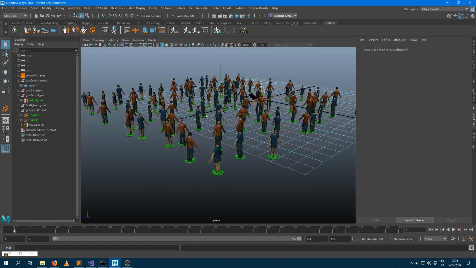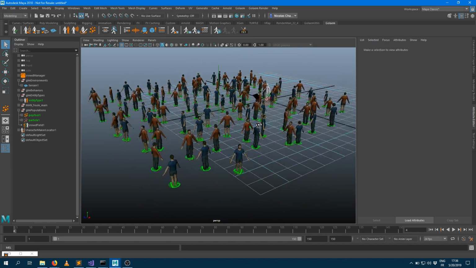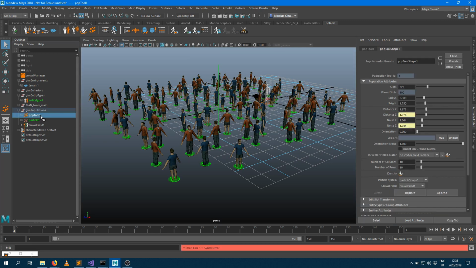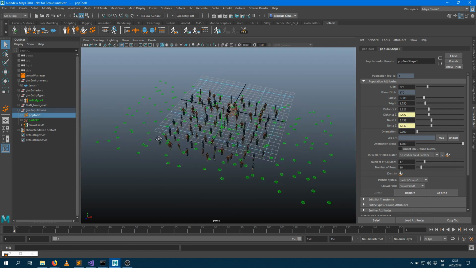that. By the way, let's say you want to change how many characters you will have in your scene. You can go back into your pop tool. Obviously, you can change any of the properties you're having. Maybe we can change the distance. Maybe we can noise the distance more. Maybe we can add more lines, so we have now more people.